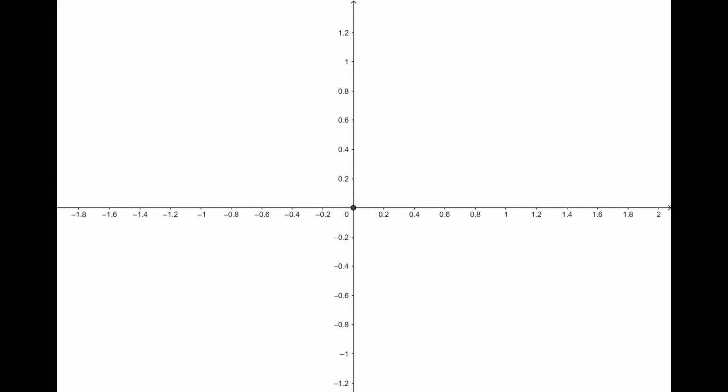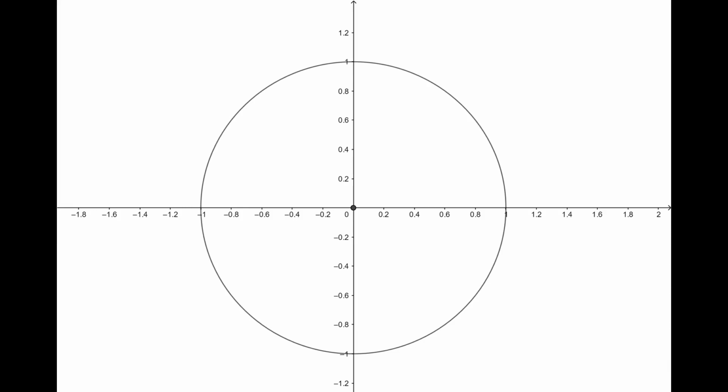For understanding this, consider a unit circle with center at origin. We have taken three arbitrary points A, B and C on this circle. Then we join the center with these 3 points. Angles A, B and C are the angles made with the positive x-axis as shown in the figure.